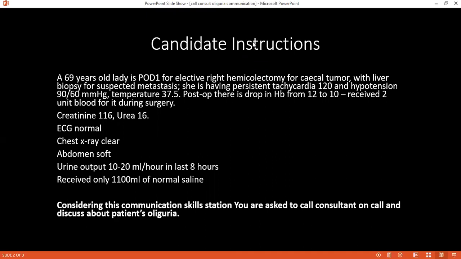At the moment, I would like to do these other initial management steps I have discussed with you, and also see how the patient improves. If there's no improvement, then possibly we would need to transfer to the